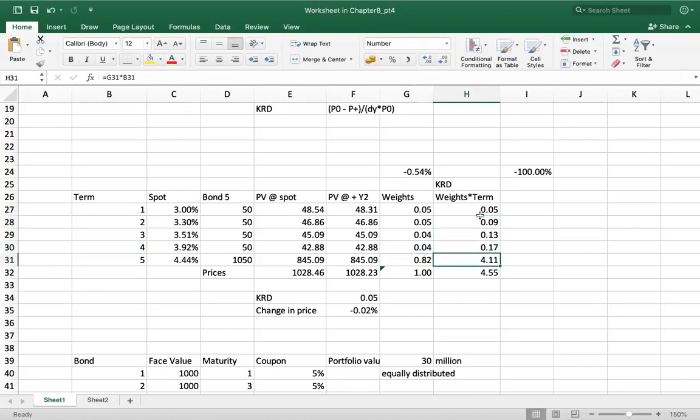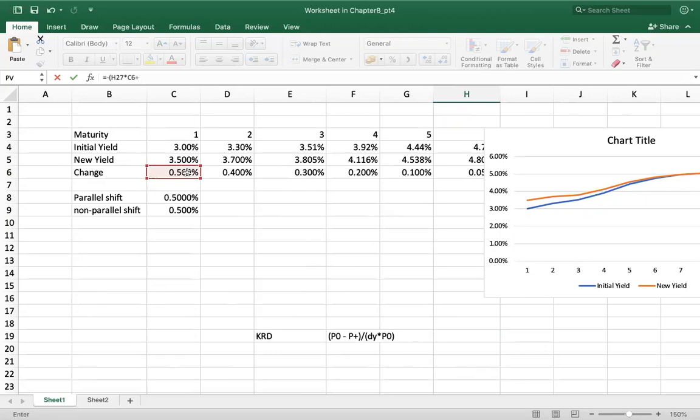So these are now the key rate durations, right? So the key rate duration for each of the maturities. How do we now interpret these multiple key rate durations? It will be minus the duration. So the key rate duration for year 1 multiplied by